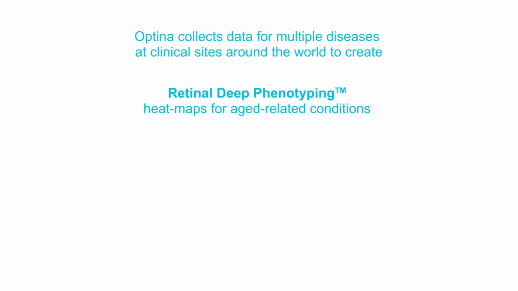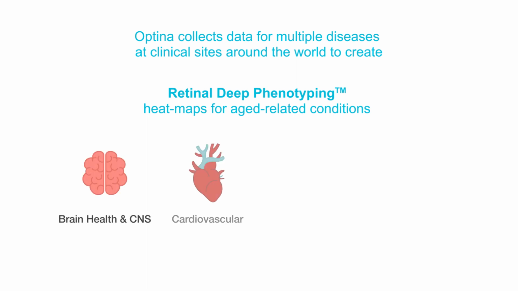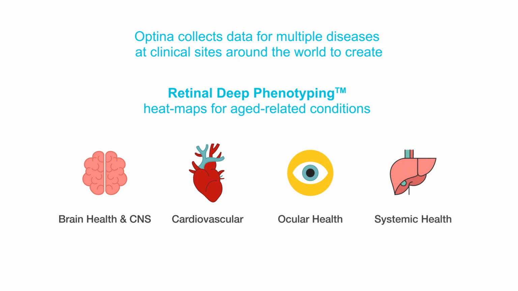Optina collects data to build Retinal Deep phenotyping heat maps for multiple underdiagnosed age-related diseases, including neurodegenerative, cardiovascular, ophthalmic, and